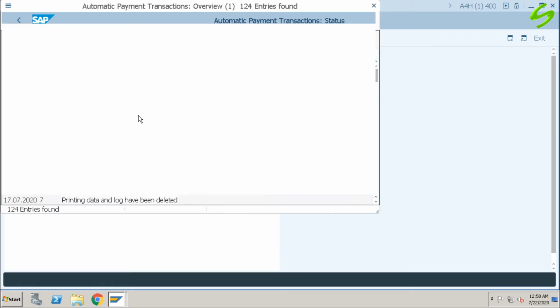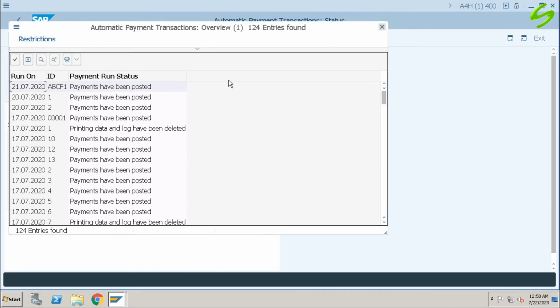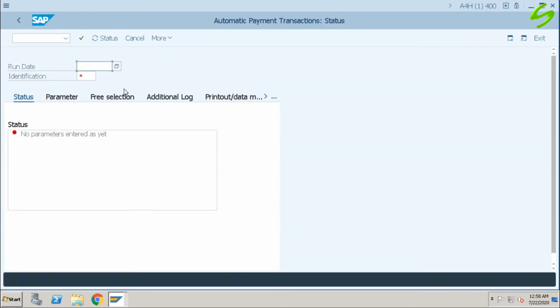Let's give it today's date. These are the payments already generated. Let's give today's date, 22/7/2020. Identification ABC_J.